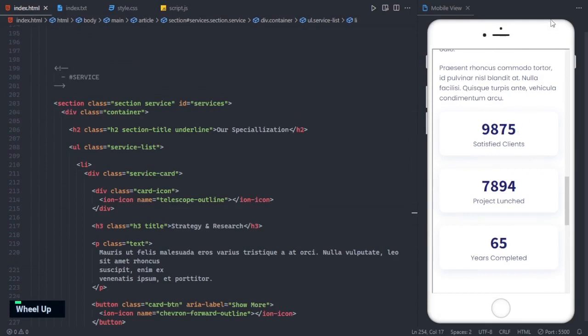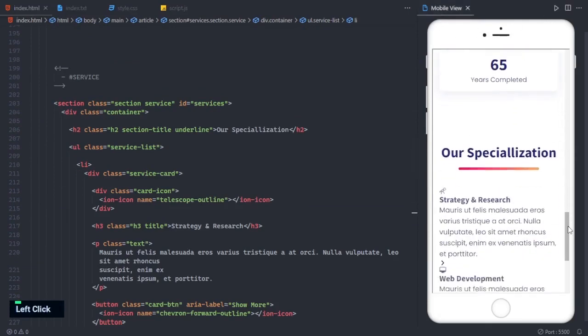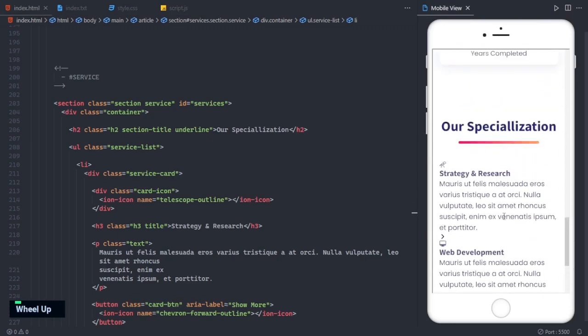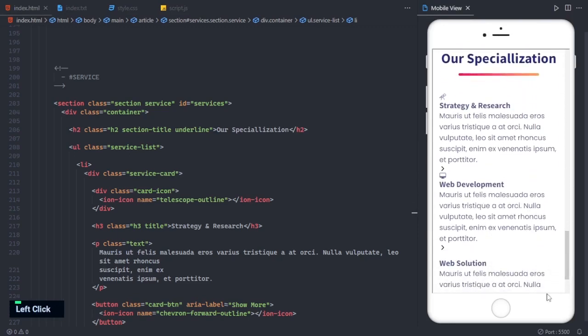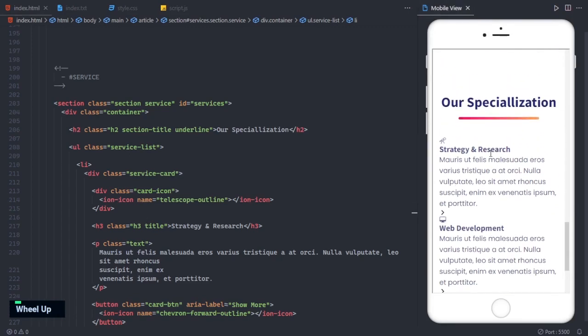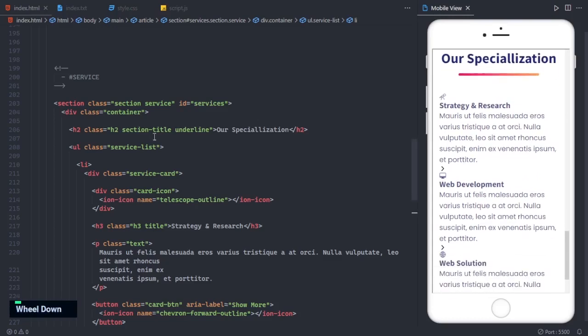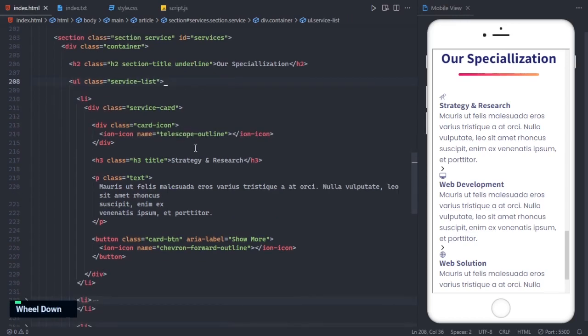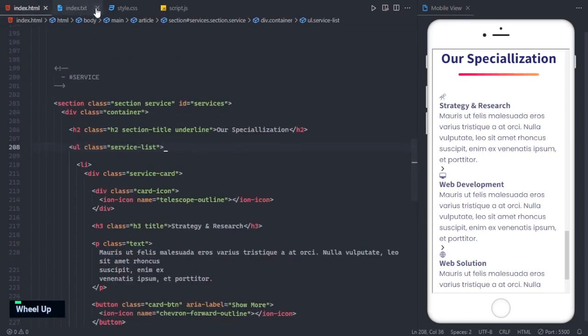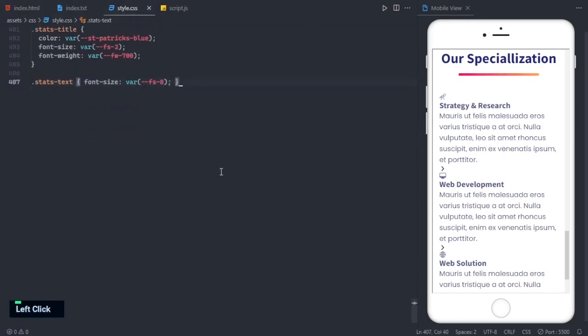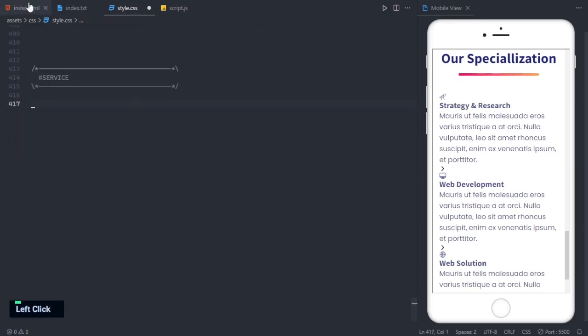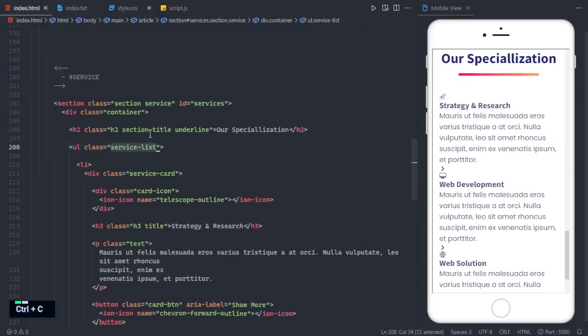Okay, let's check out what we styled, what we structured. All right, here is all about what we structured. So here, as you can see, the title is already styled because we reused the style section title h2 and underline. So we don't need to style again. So let's move on and comment for service and select the service list,